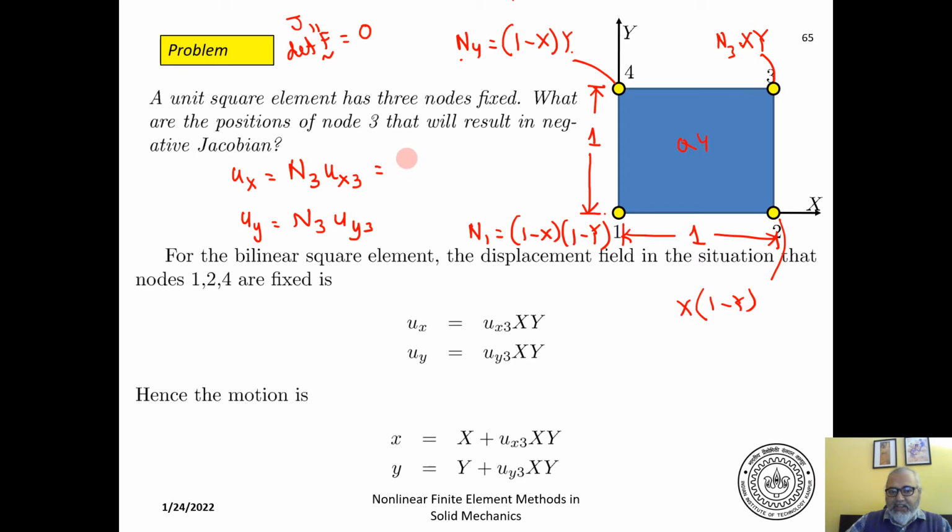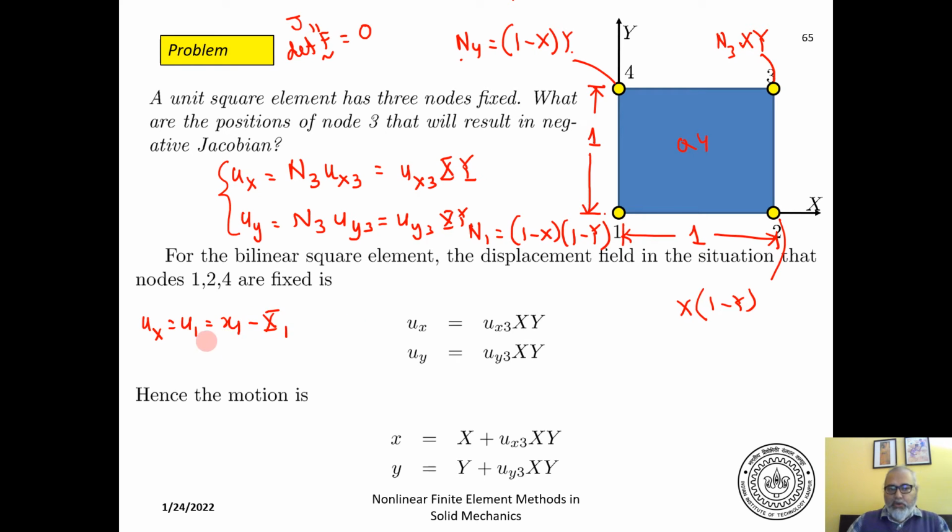We already know n3 is xy, so this is ux3 xy, and this is uy3 xy. So this is the displacement function that any point inside this element can have, because it's a bilinear element and it has shape functions given by these. Now this cannot move like a rigid body. So if I now take into account the fact that ux, which is equal to u1, is equal to small x1 minus capital X1,